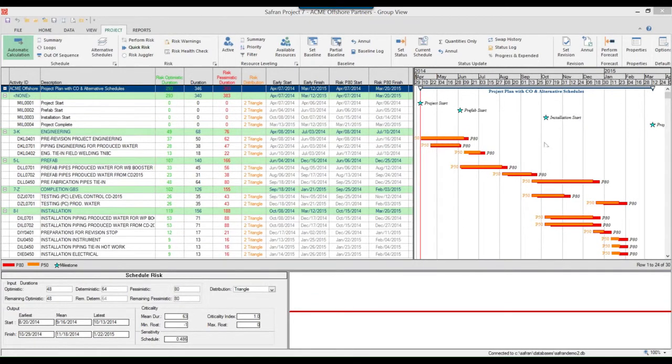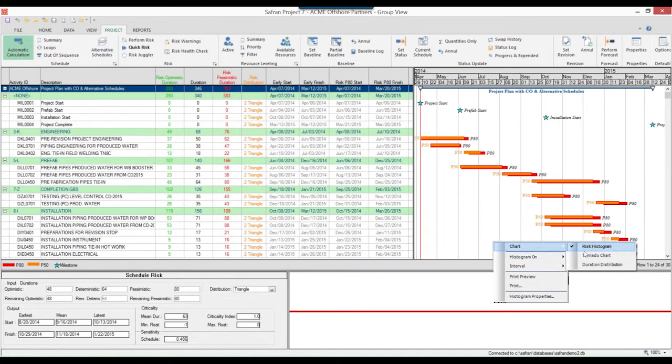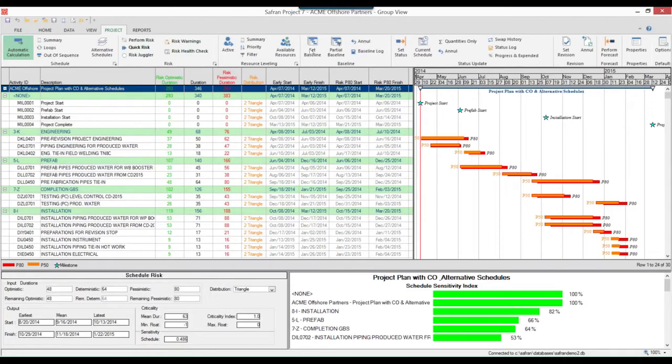You not only get the ability to display those bars here and see what the ranges are, but then you can also take a look at what the distribution is for your project or a particular activity. And we can also take a look at what is driving our project. So now we're able to jump in and see what the biggest project drivers are, and that gives us an idea of where we want to focus some of our attention. So it's easy to quickly enter that information, get a sense of that, and work with this within the project team and the scheduling team to understand how those uncertainties impact the schedule itself,